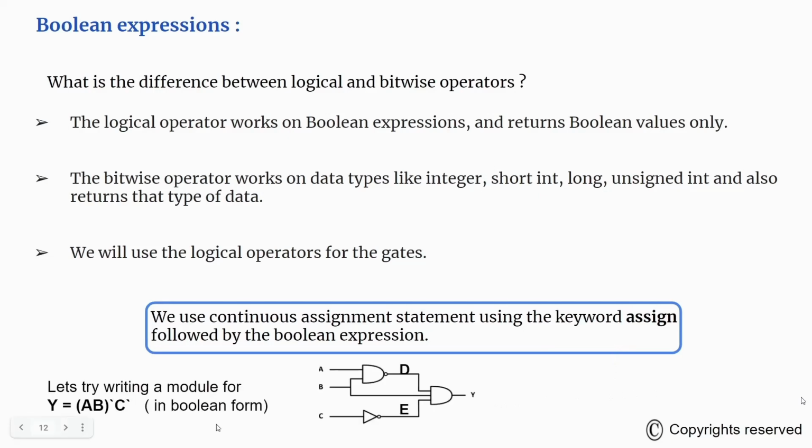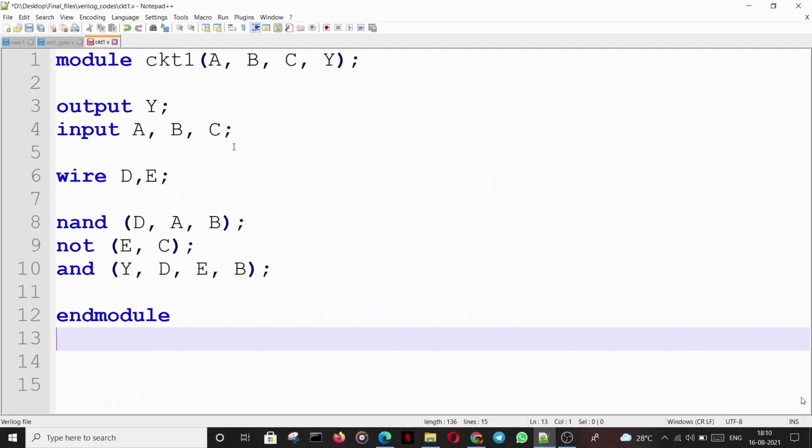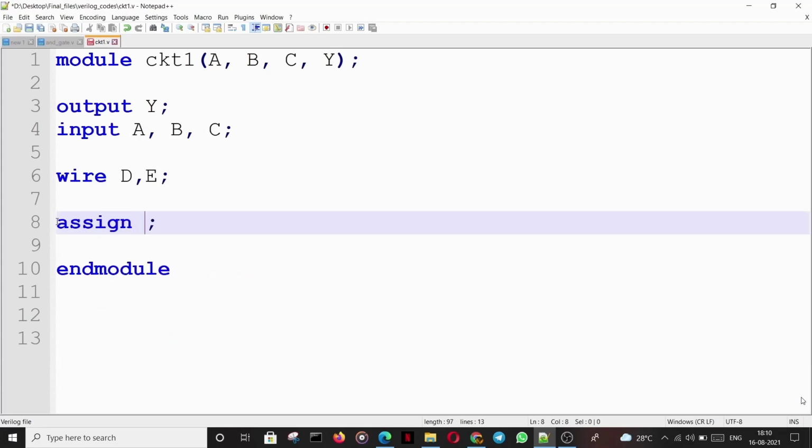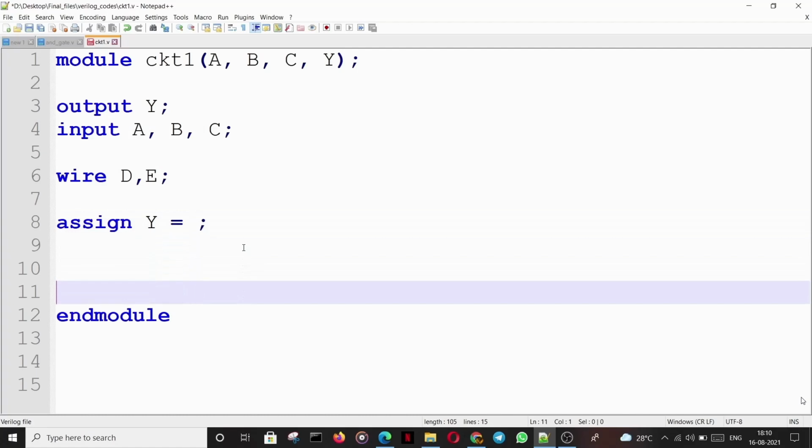Let's try to write a Verilog module for this circuit, which has Y equal to (AB) whole complement, C complement in Boolean form. This is our earlier code that we have written, which involves gates. Now let's convert this code into the Boolean form. As said, we have to use the assign keyword to assign the output to the Boolean expression. Let's try to put a comment on the final equation that we are going to write.